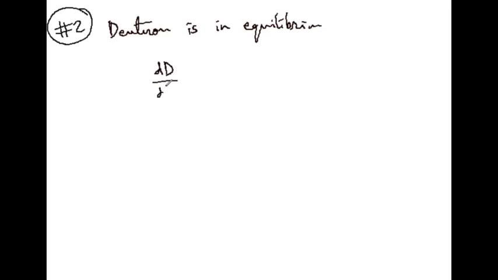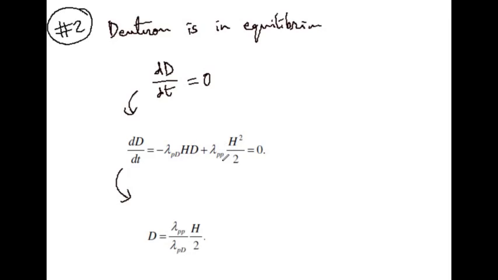Now let us assume that deuteron is in equilibrium. Then what will happen? When deuteron is in equilibrium, we will have d/dt equal to 0, right? Or basically I can write like this. And from this equation you will see what we have. Okay, so cancelling the part of H, you will see that we get this